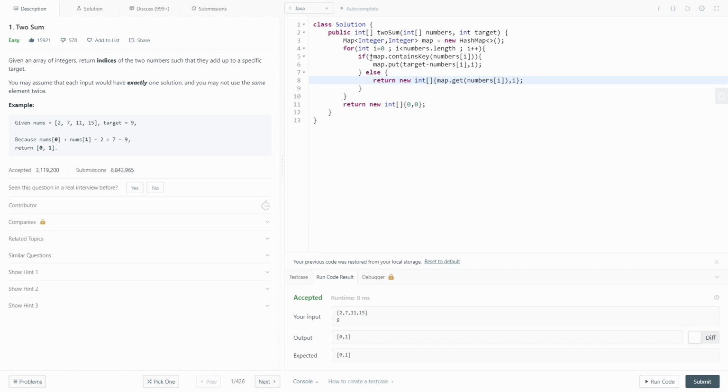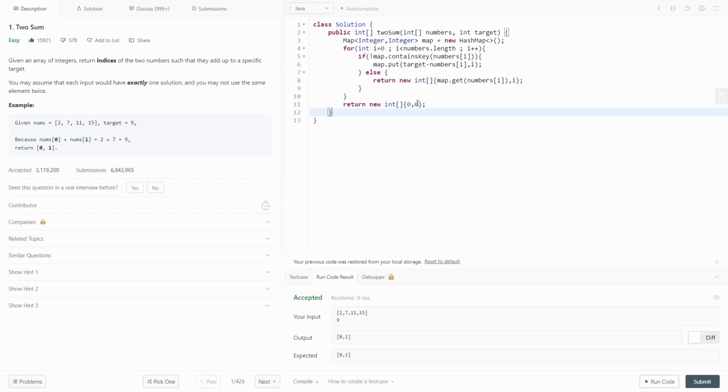Since there is a not here, our map does not contain it, so we will do map.put(target minus nums[i]). Our target is 9, and 9 minus nums[i] would be 7. So we have got our pair, and we will put that with its index of 0.